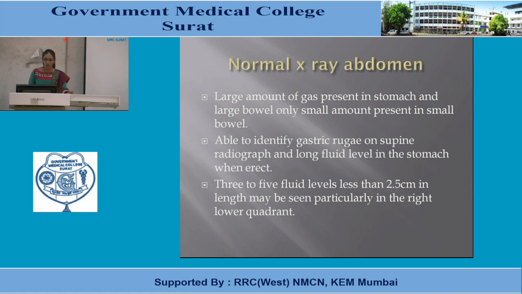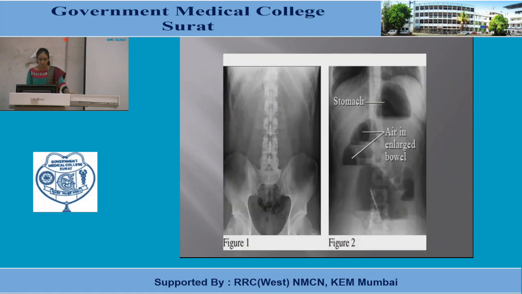A large amount of gas is normally present in the stomach and large bowel. Only a small amount is present in the small bowel. We can identify gastric rugae on a supine radiograph and a long fluid level in the stomach when an erect X-ray is taken. Three to 5 fluid levels less than 2.5 centimeter in length may be normal and seen particularly in the right lower quadrant of the abdomen. Figure 1 shows